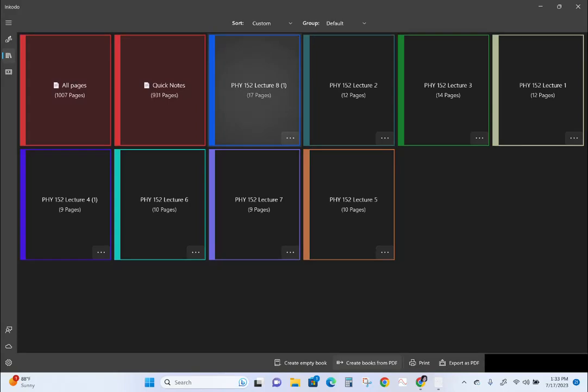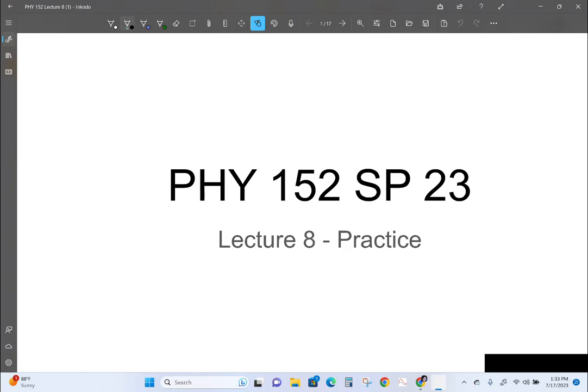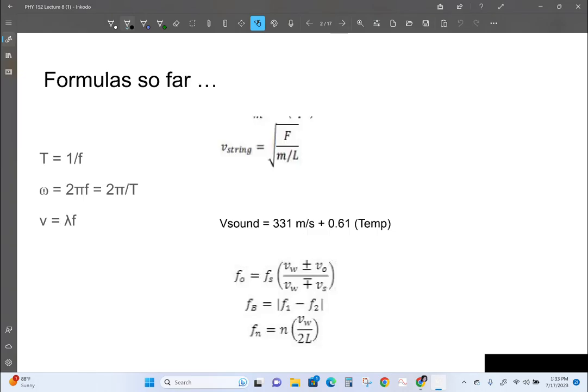Let's just take a moment to recap where we were and what we've been doing so far. We've been talking about sound and waves, and these are the formulas that we have learned about and really been using. You should be very comfortable with these formulas. The speed is equal to lambda f, and you should be comfortable with v of a string,